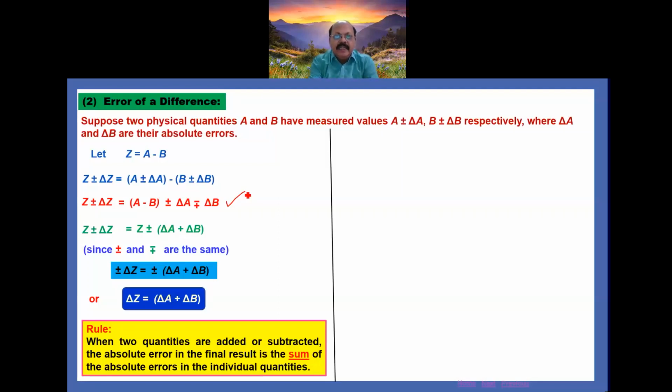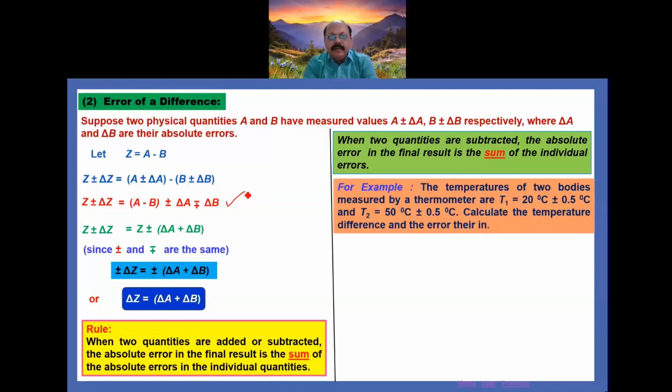Now you understand this by taking one example, and we also conclude that when the two physical quantities are subtracted, the absolute error in the final result is the sum of individual errors, just like in case of when we are adding the two physical quantities. So that's why the rule becomes: when two physical quantities are added or subtracted, the absolute error in the final result is the sum of the absolute error in the